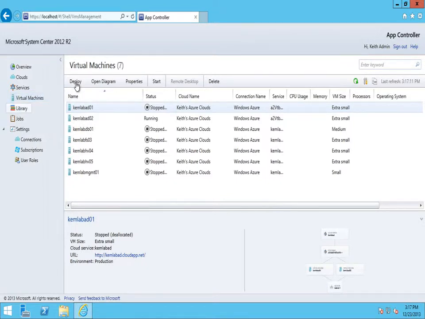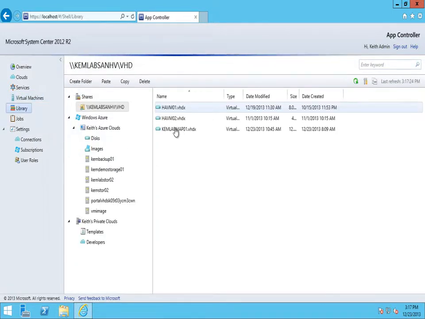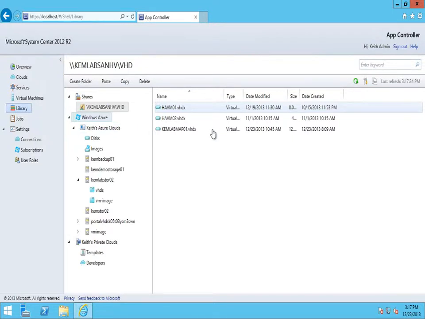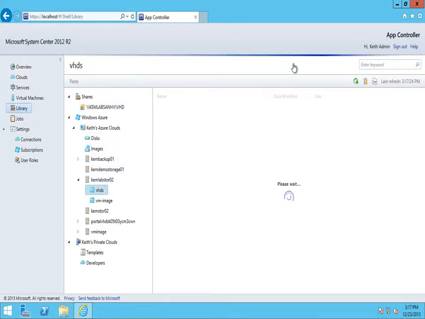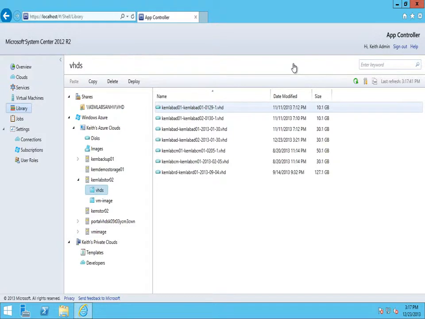In addition, in App Controller on my library page, I also have the ability to plug in on-premises shared folders and see all of my storage locations that are part of my public cloud or hosted cloud. So when it comes time to actually move virtual machines from a public cloud location to a private cloud location or vice versa, with App Controller, that process of moving virtual hard disks and virtual machines back and forth between